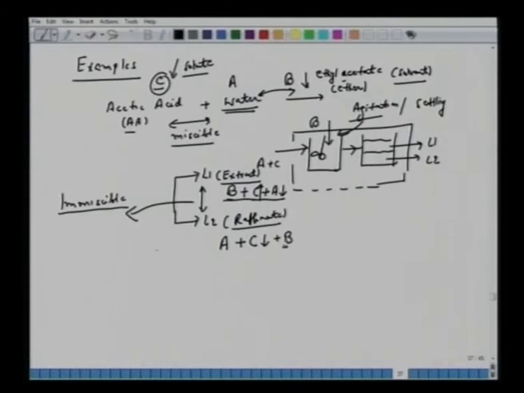It's a very good, typical example of extractions. How do we separate acetic acid from water? We use ethyl acetate and separate them like this. We can't use distillation because there is a risk of this acetic acid getting decomposed there. Although it's possible that there is a difference in the relative volatility between the two components.